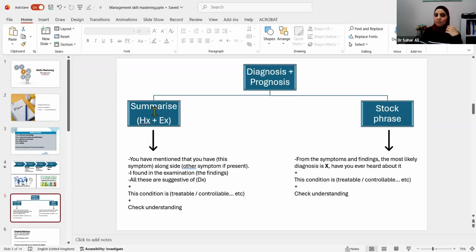Well, I cannot say this way is better, and when you use this way you will get full marks, and if you use this way you will get lesser marks, and vice versa. No, it depends on what you prefer, what you are comfortable with, what comes natural to you. Okay, I usually prefer this way, summarizing. You have, Mr. X, this and this, by examination we found this, and we are thinking about this as a condition. Do you understand that, or did you hear about this before? All right, I give credibility to my diagnosis.